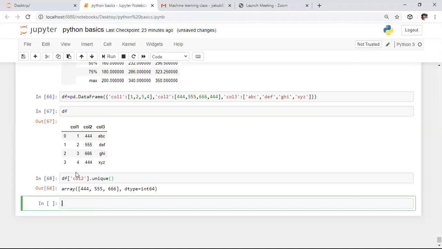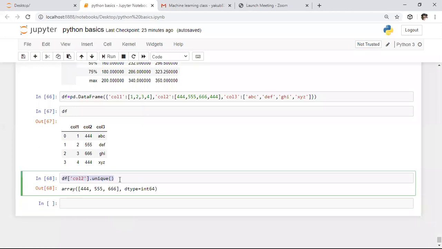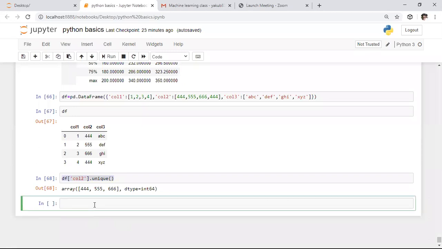Whenever you run this portion, it will return all the unique values which are present in this column. If you observe, 444, 555, 666 are the unique values, and the rest are duplicate values. That's why it is giving all the unique values present in this specific column. After this, if you want to access the number of unique values corresponding to each and every column, we need to specify nunique. nunique is nothing but the number of unique values.